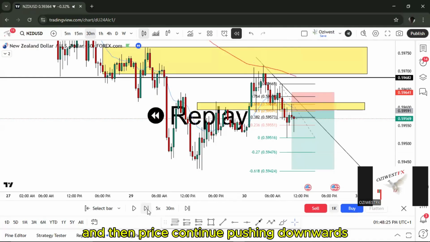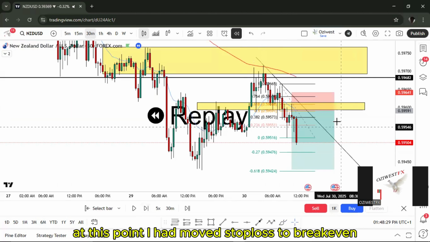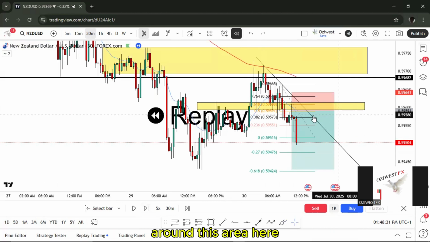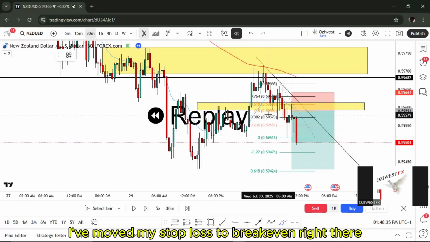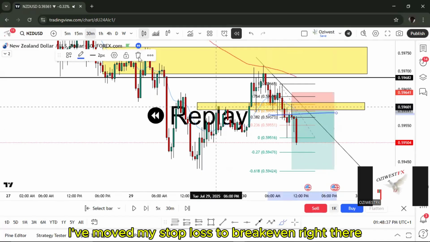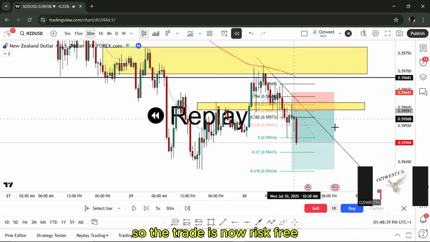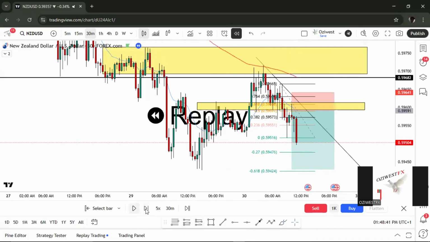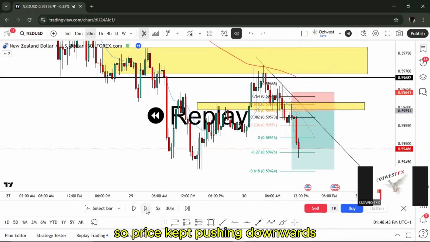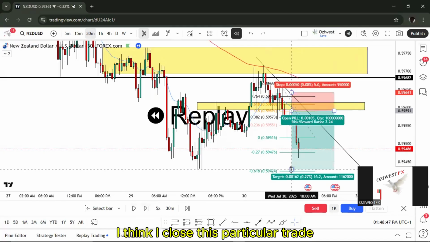The price continued pushing downwards. At this point, I had moved my stop loss to break even around this area here. I've moved my stop loss to break even right there, so the trade is now risk free. The price kept pushing downwards. I think I closed this particular trade